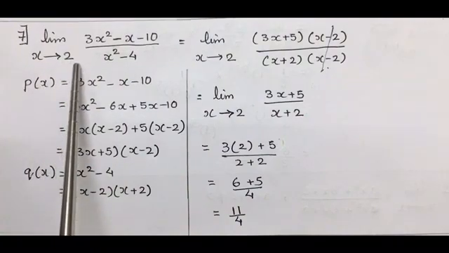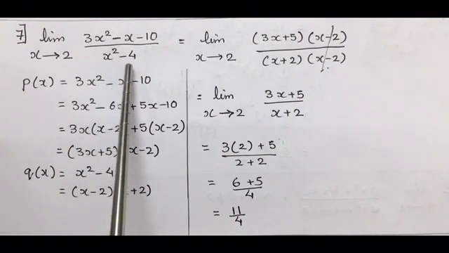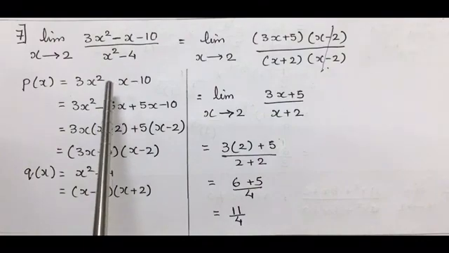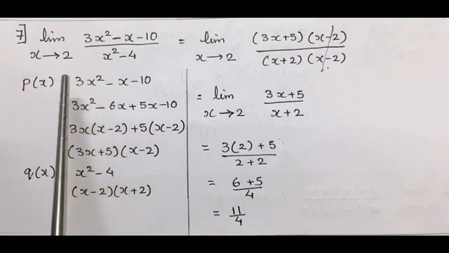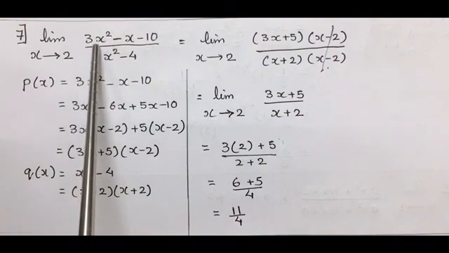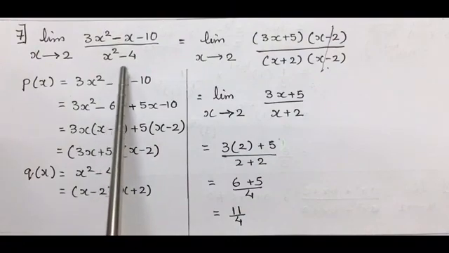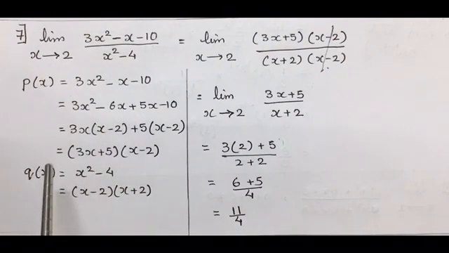We have to cancel those terms which give us 0 as the value. So for that, we will be factorizing both numerator as well as denominator,